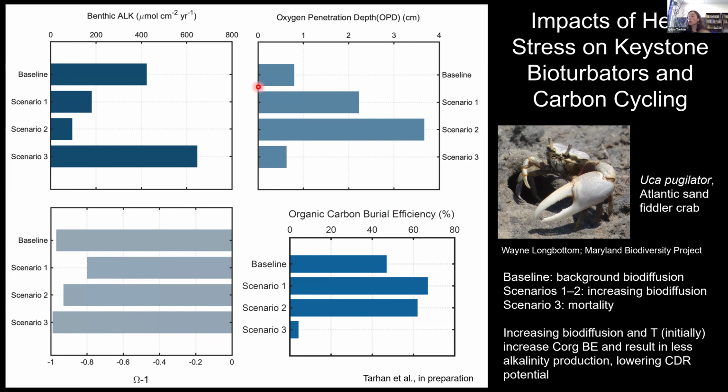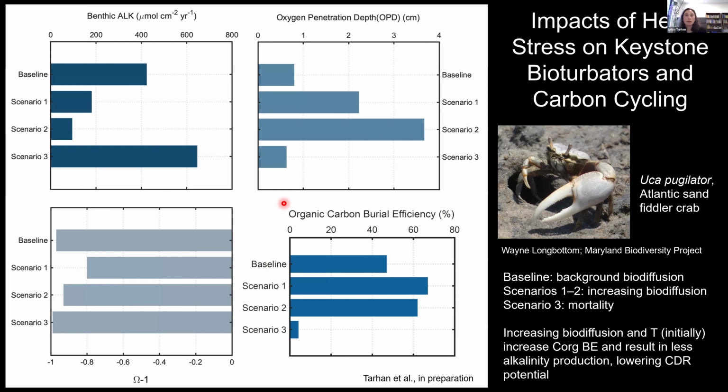So here you're looking at a variety of outputs from our diagenetic model simulations. We have a baseline scenario, which is basically business as usual, current temperatures, current levels of biodiffusion. Then scenarios 1 and 2 represent progressive increases in warming and projected increases in biodiffusion intensity. So again, thinking about the rising limb of that parabolic response curve. Initially, bioturbators may be receptive to higher temperature levels, and may compensate by increasing their levels of bioturbation. However, with scenario 3, we're mimicking the falling limb of that metabolic response curve, and thus seeing a major decrease in, perhaps even mortality, of bioturbators like Uca.